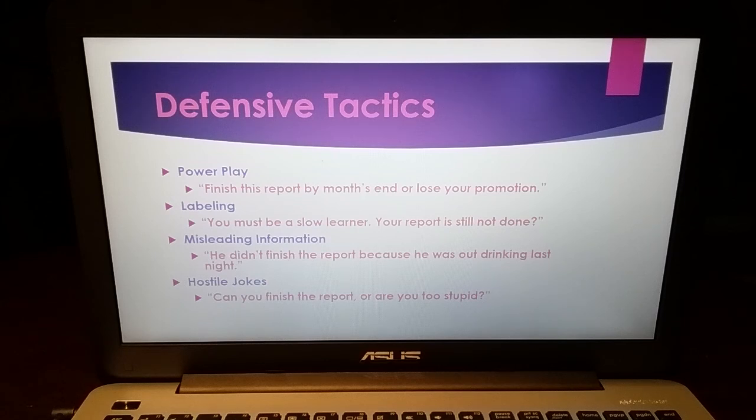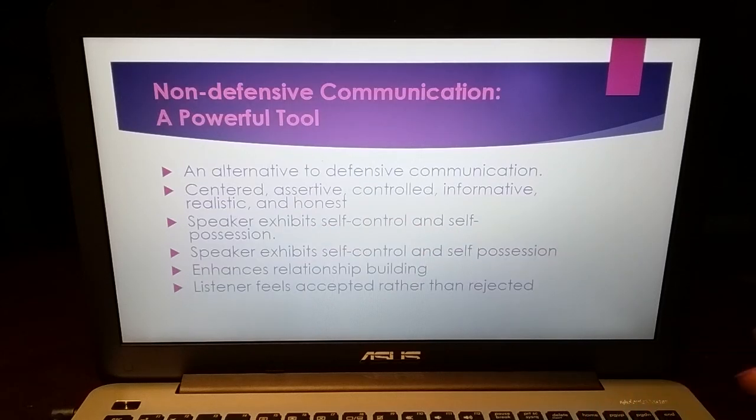Labeling, calling people names, is not necessarily very effective or nice about someone. Misleading information, or in this example, it could be subtitled gossip or unfounded information, is where you're trying to unnecessarily malign that person or have other people have negative feelings about them. And then hostile jokes, calling someone names and just basically being mean. This is not productive. These are not good things to do. Okay,